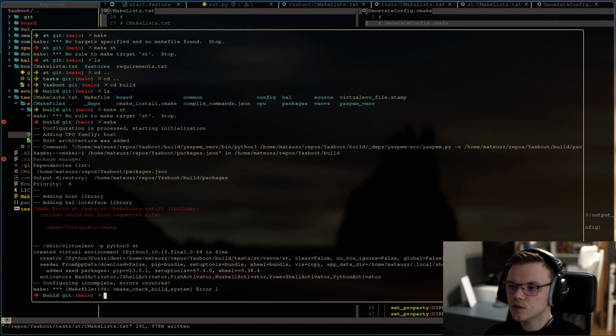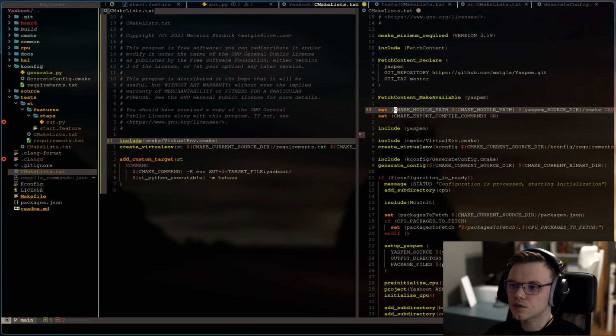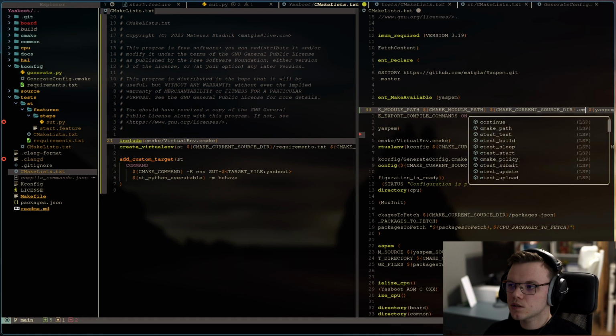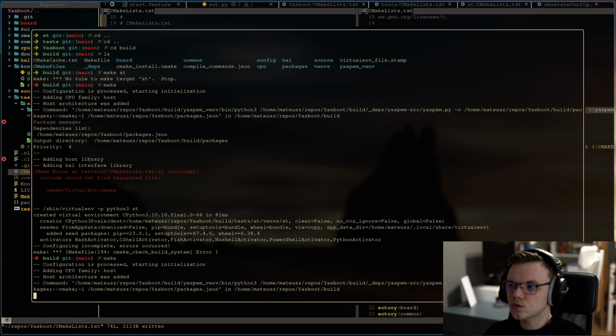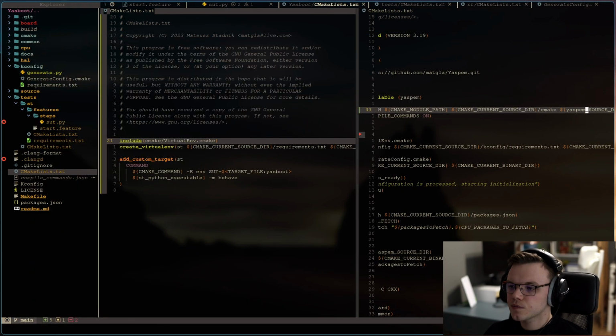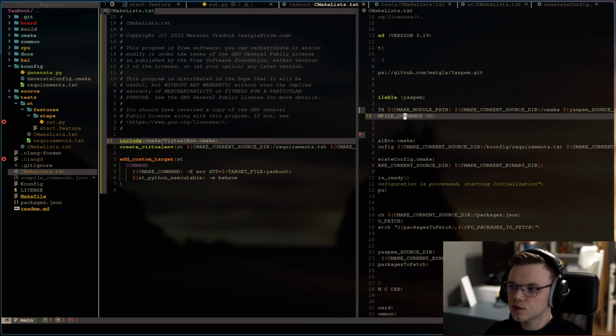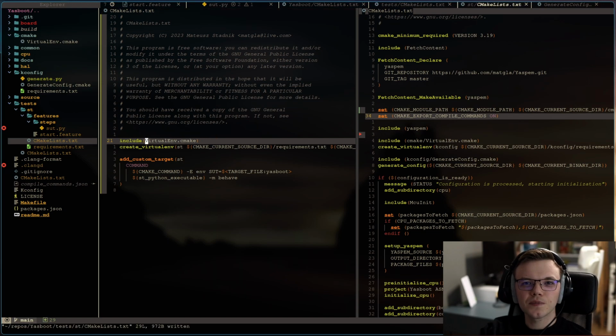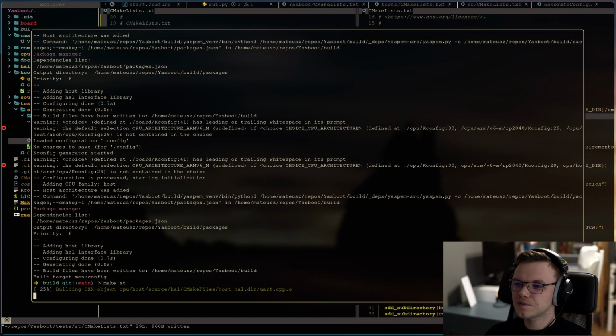And we are not able to find CMake virtualenv. Alright, I didn't add the CMake directory to CMake module paths and it is still failing. After that I checked if the module path is cached. Oh, do you see that? I put a wrong relative path. It should be without CMake.